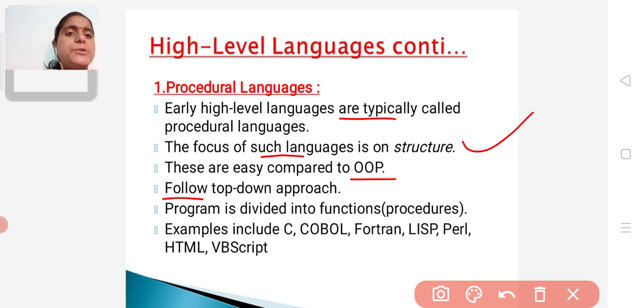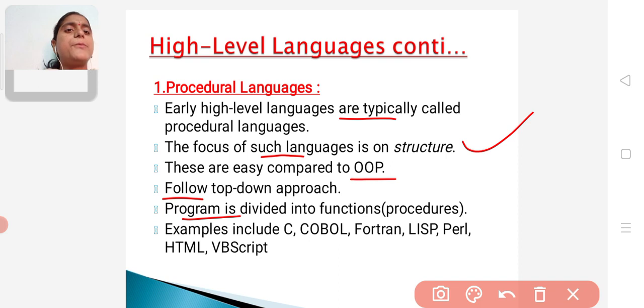Generally these procedural languages follow a top down approach, meaning we write the main function at the top, and when the program is executing, it starts the execution from the top.